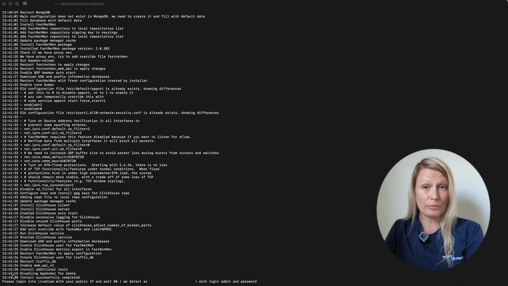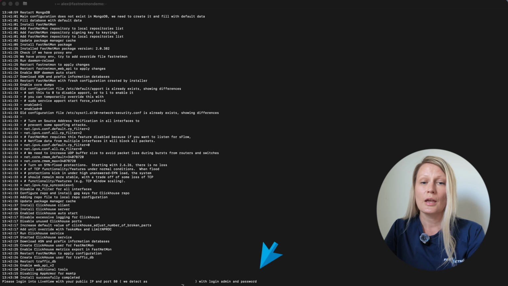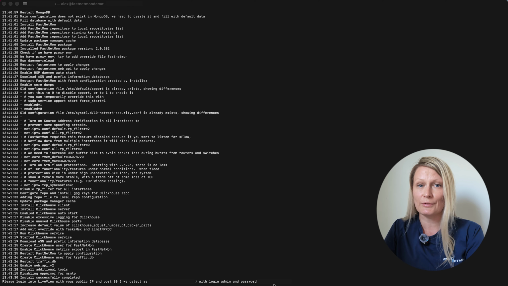Live View is enabled automatically during the installation process, and as you probably noticed, the installer created an admin account and password. They are right here, and you can use those credentials to log in straight away and skip the rest of this video. Now, if you have an existing or older FastEdMon deployment and you want to enable Live View, the next two manual configuration steps are for you. So we will have to configure the API version 2 and create an admin account.